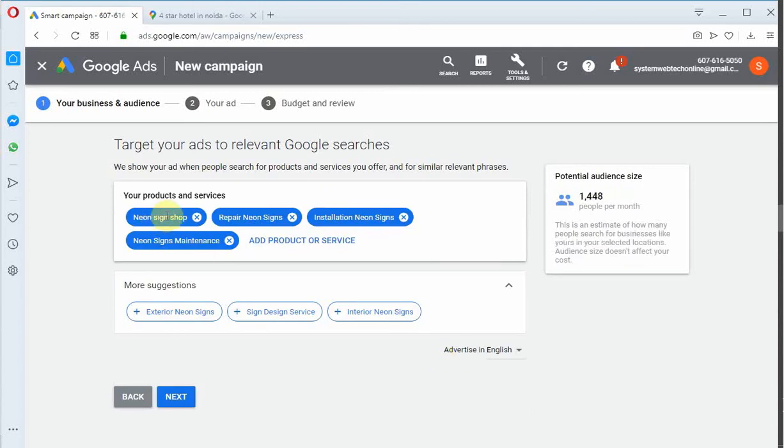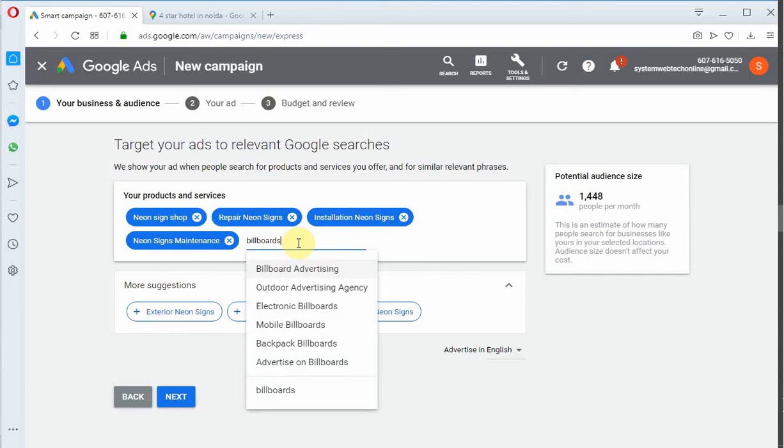Let me add some key products. Billboards. It is suggesting keywords.